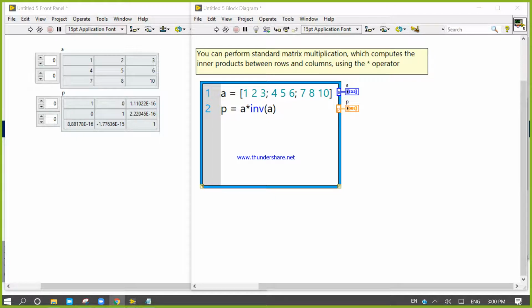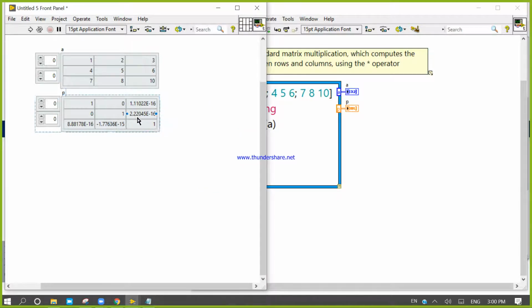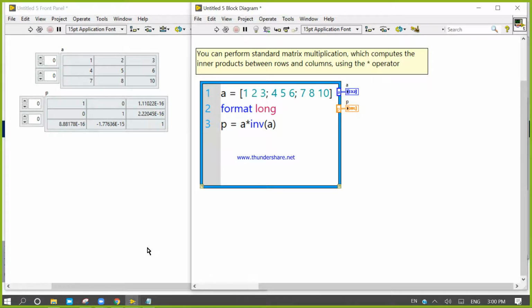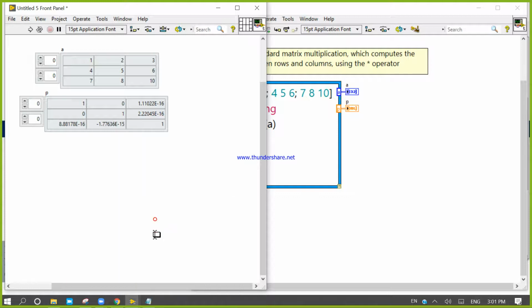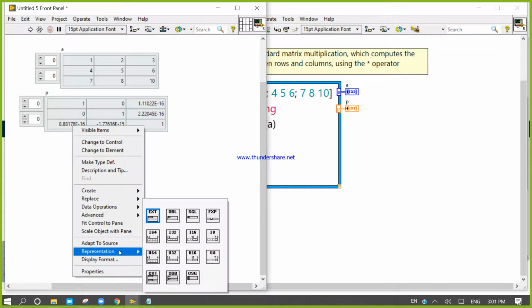Try to use format long. So what happens if we use the format long word and run? By using format long you can display long numbers, but it is I32. That's why we cannot perform it. Can I extend it? It will also not work with extended because the range is very high.